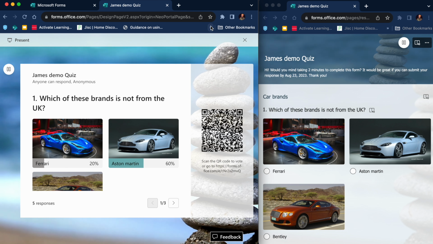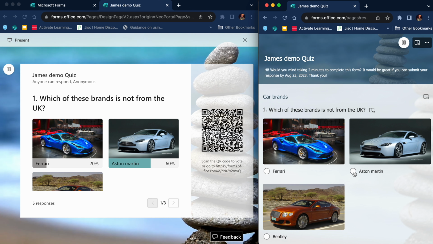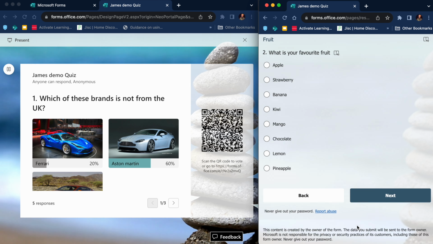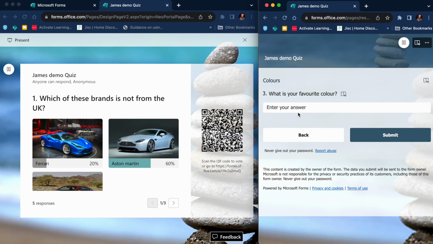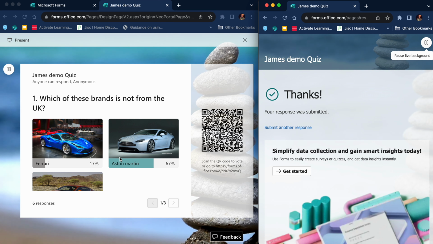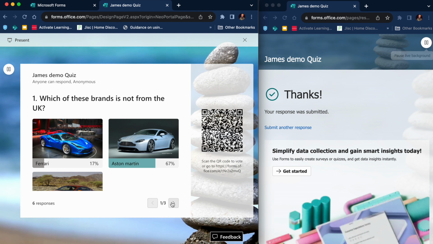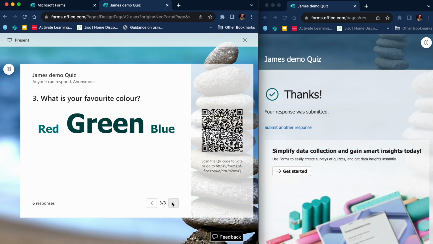So this is what the teacher will have up the front. This is what the student will access on their phone having scanned the code. They will put in their response, hit submit, and you can see that starting to change, and we've now got different responses appearing live. So really useful feature, the great functionality of Forms, but now the option to ensure that students can pick it